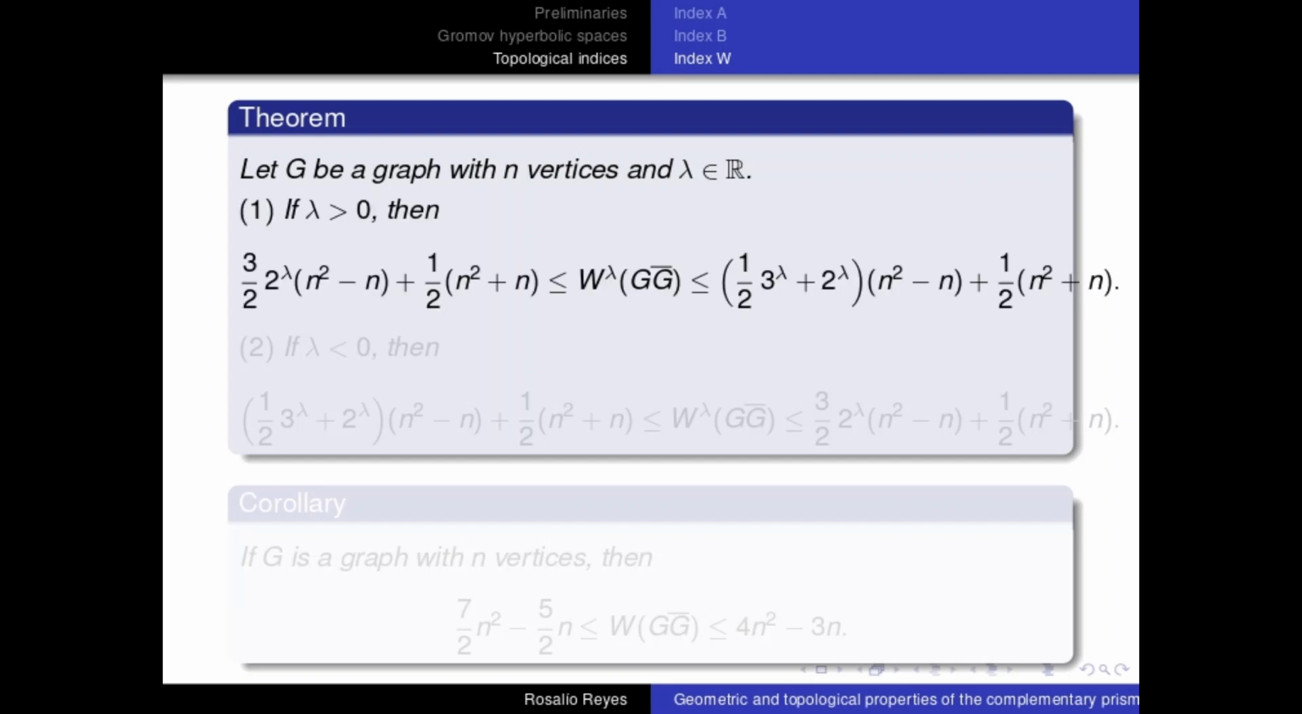First, for the case when lambda is greater than 0. If lambda is negative, we have